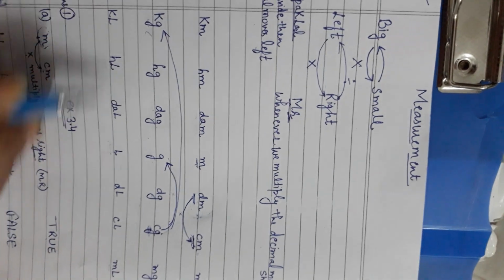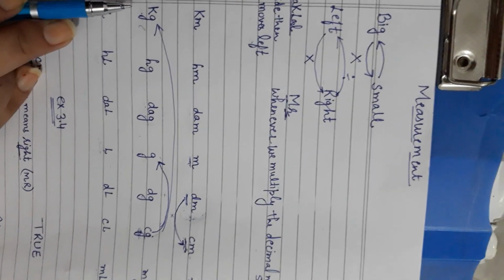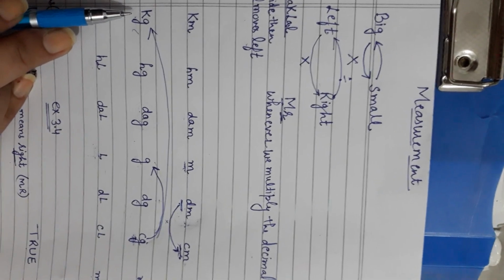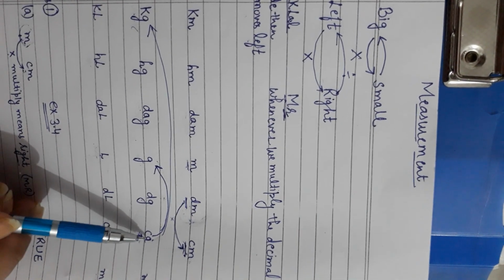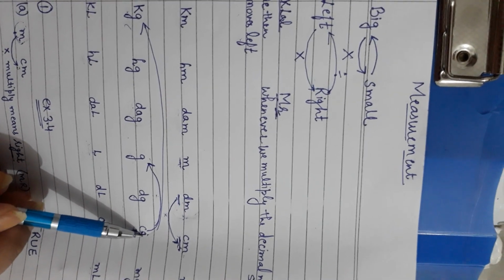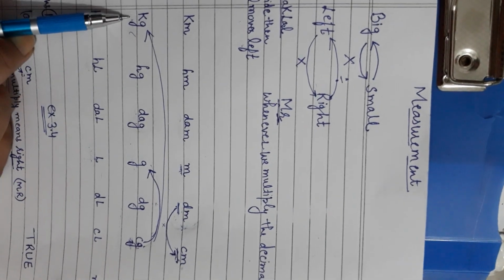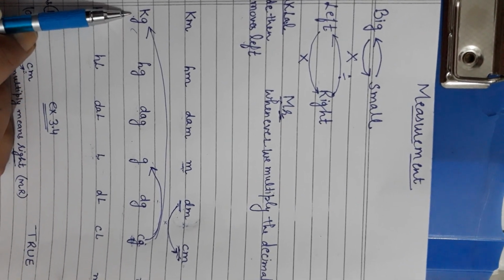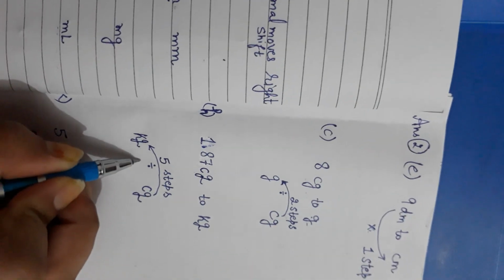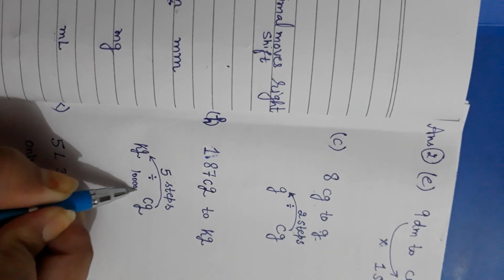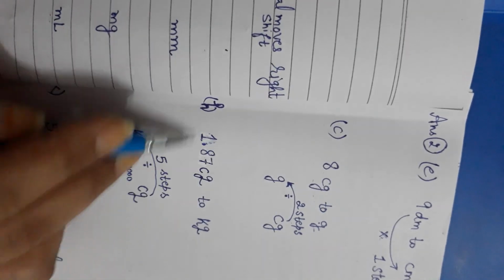So how many steps do you have to move? You know we have to divide because we are going back. So you have to divide. You are standing on this step. Count the steps now. 1 2 3 4 5. So 5 steps you have to divide, meaning 1 followed by how many zeros? 1 2 3 4 5 zeros. Okay, so write this same number and then divide. Whatever you want to convert, divide it.